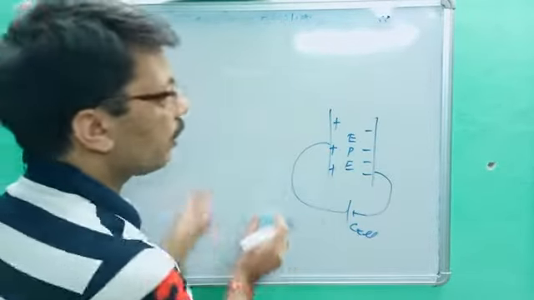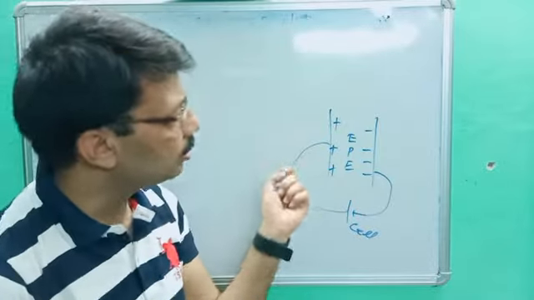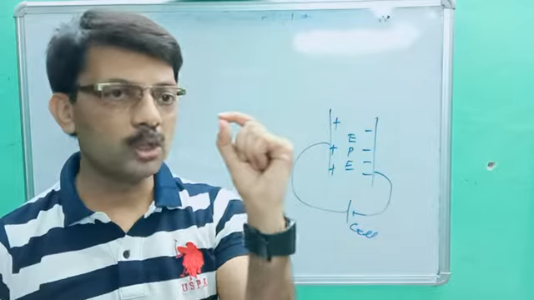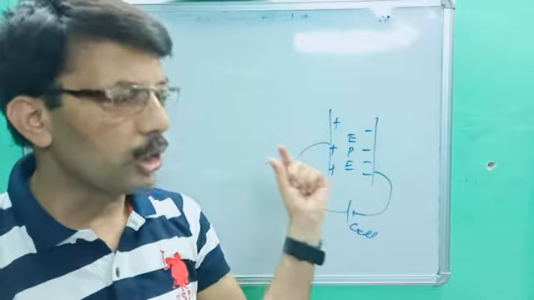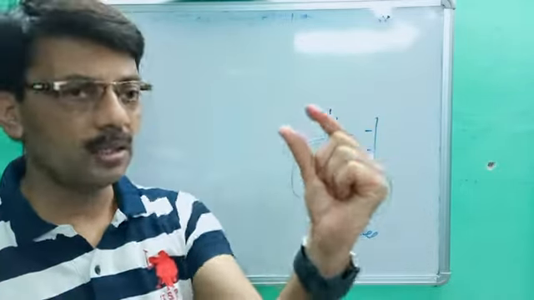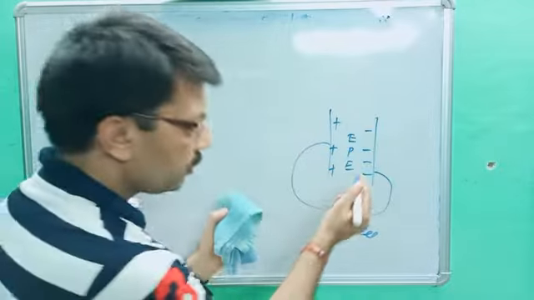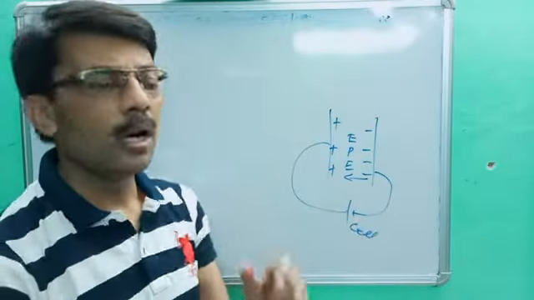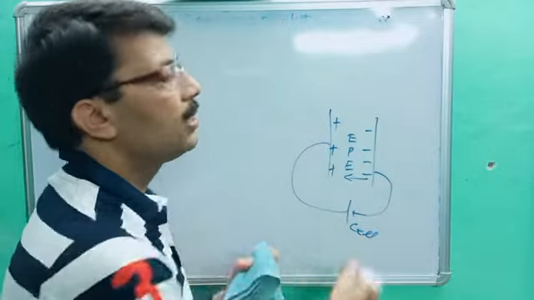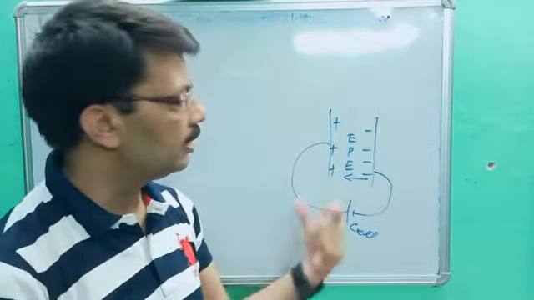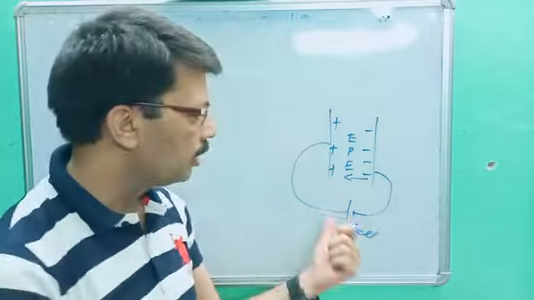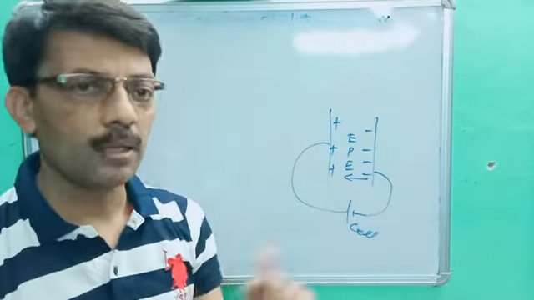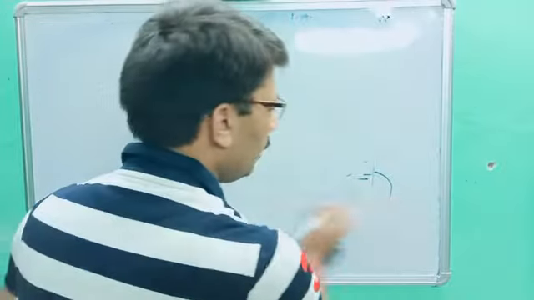Now see what the process is. The total charge does not directly enter the positive or negative plate, but it transfers bit by bit, in smaller elements like dq', dq', dq', from one plate to another plate. This process continues until the capacitor is completely charged. When it is completely charged, it doesn't accept any more charge. It means whether the cell is connected or disconnected, there is no effect of the cell on it.